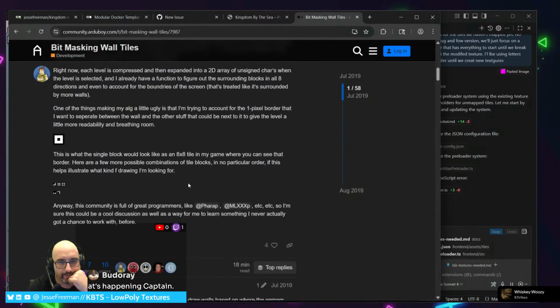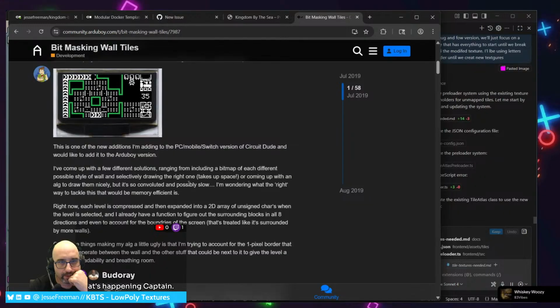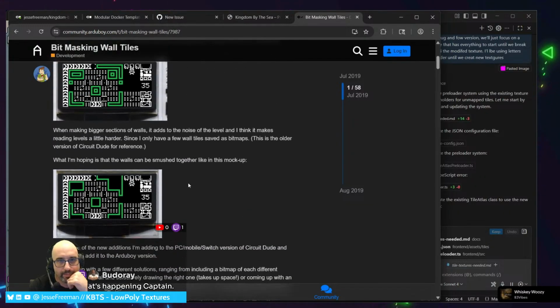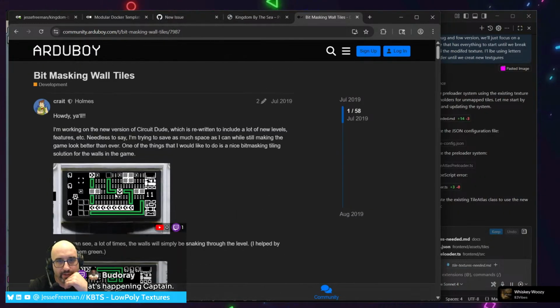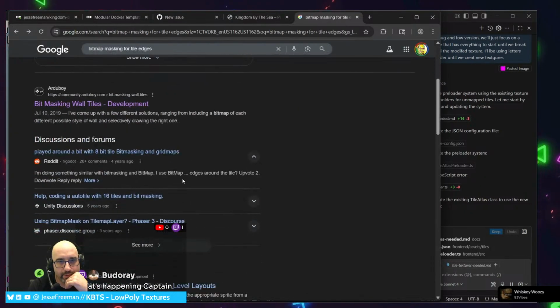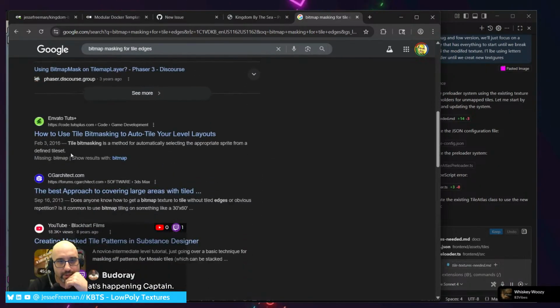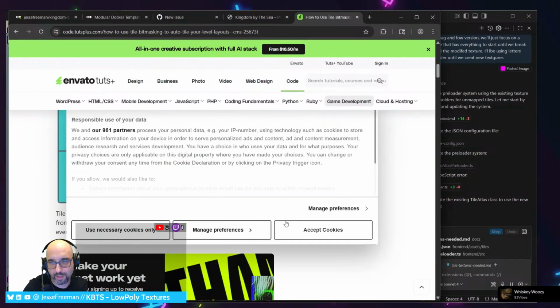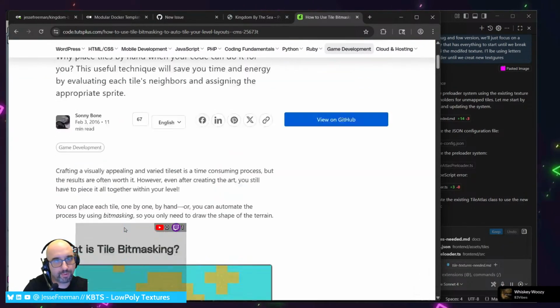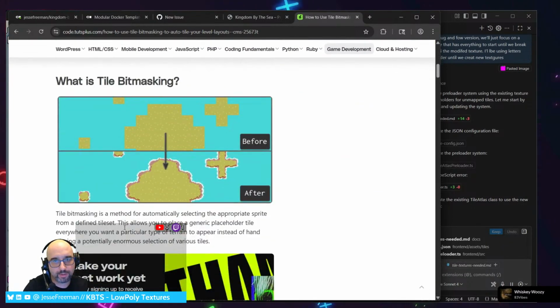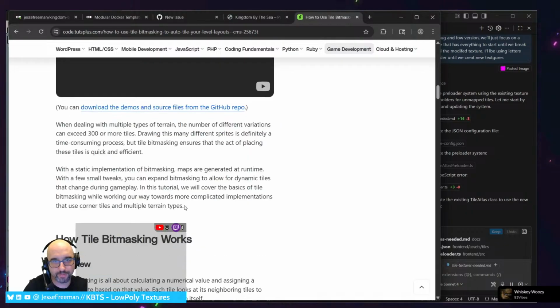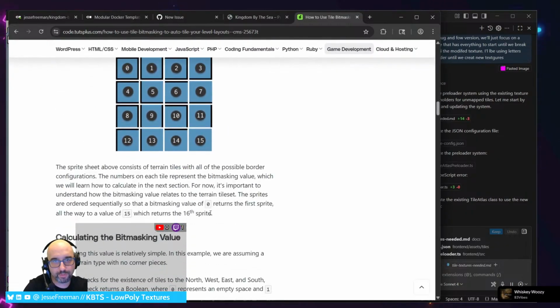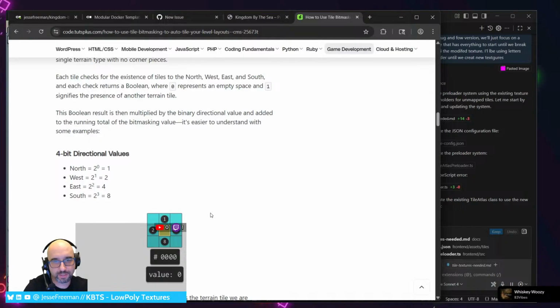Yeah, here we go. Bigger sections of wall. That's kind of cool. I like that. How to use tile bit masking to auto tile your levels. This is what we're looking for. And ironically enough, this is the same blog post that I read years ago to learn how to do this. So what we're going to do is